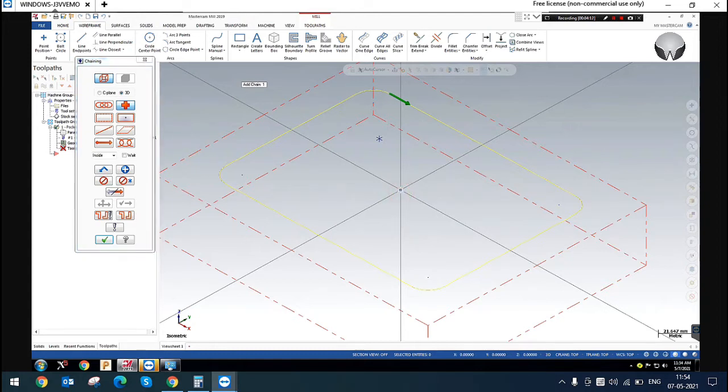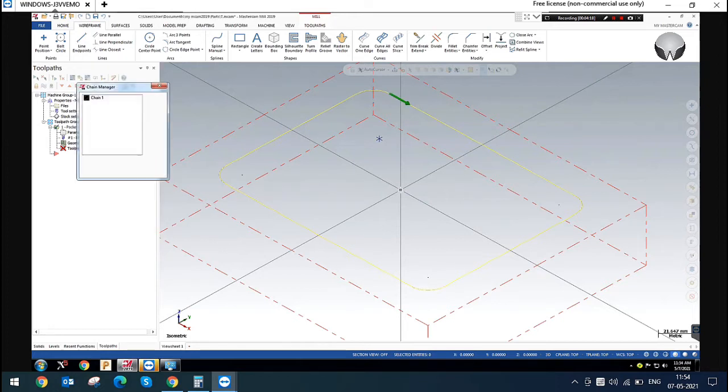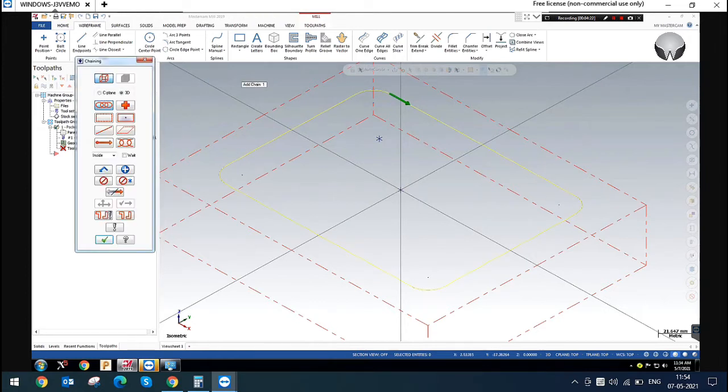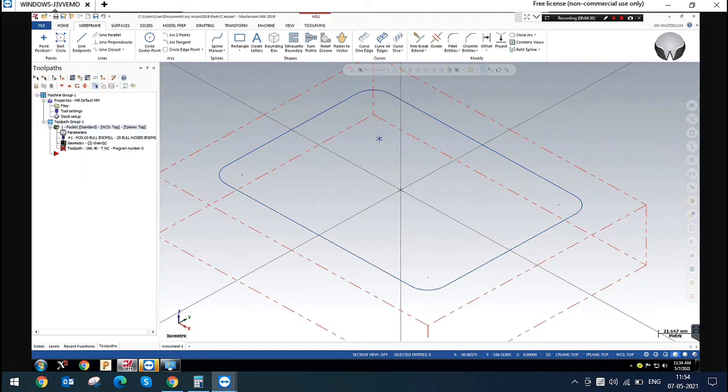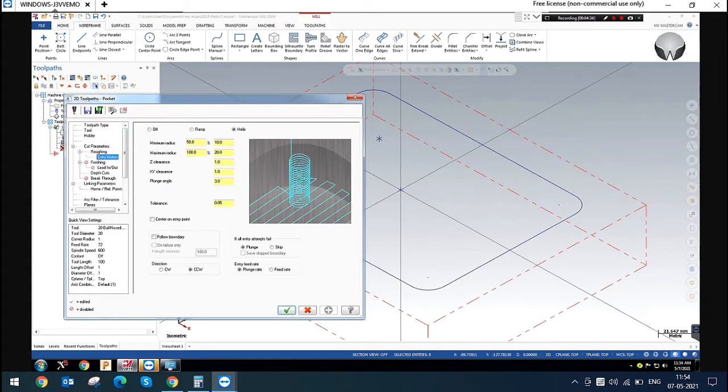Okay, I'm just starting this. It is not added. Yes. So now the chain point will be added, and I am going to the helix parameter.